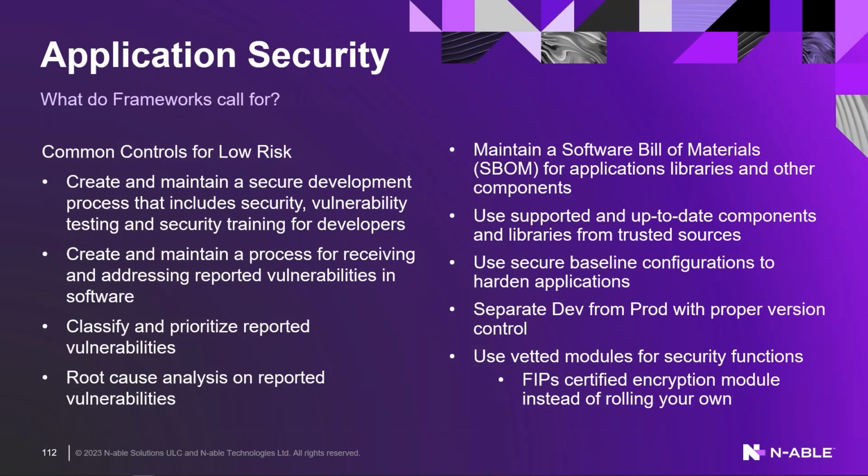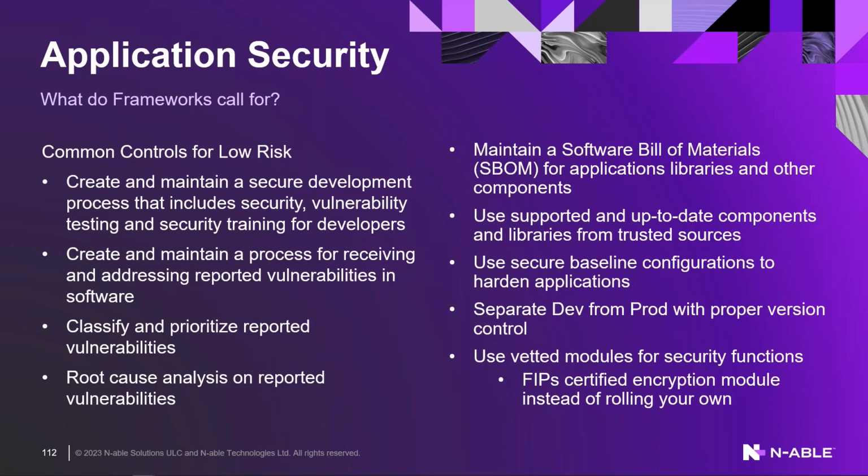So that's going to be common controls for, that shouldn't be low risk, that should be medium risk. But what are the common controls for medium risk? They're going to ask you to create and maintain secure development processes with vulnerability testing and security training for developers. Maintaining processes for receiving and addressing reported vulnerabilities in software, so that you maybe not a bug bounty program, but you need a bug reporting program, a vulnerability reporting mechanism in place. Classify and prioritize reported vulnerabilities, that you have root cause analysis on reported vulnerabilities, that you maintain a software bill of materials for applications and